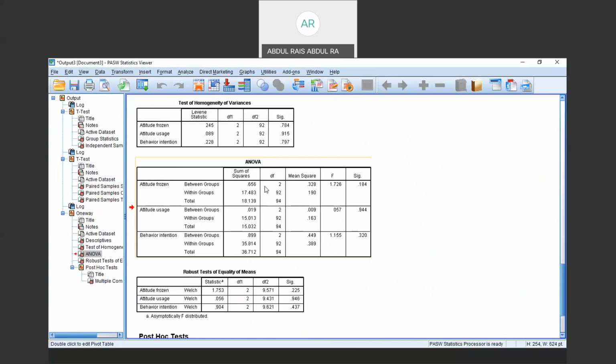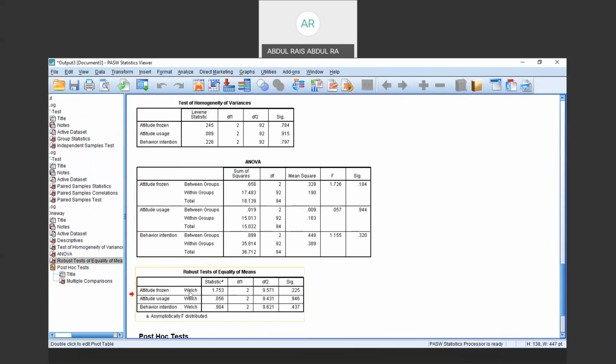But since we have an imbalanced group, we should look at the second table, robust test for equal means, which is the Welch ANOVA. Okay. So the important values that we want to look at here are the t-value,